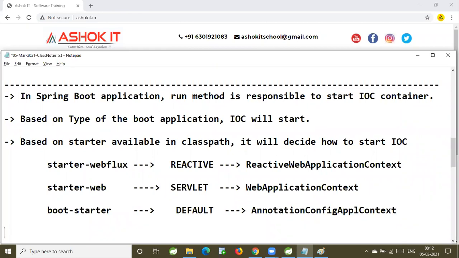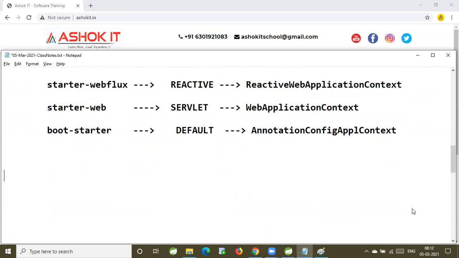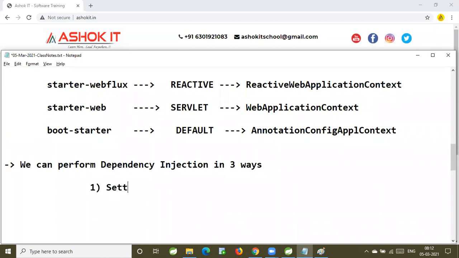Here, dependency injection. How many ways can we do dependency injection in a Boot application using the IOC container? We can perform dependency injection in 3 ways. One is setter injection, second one is constructor injection,